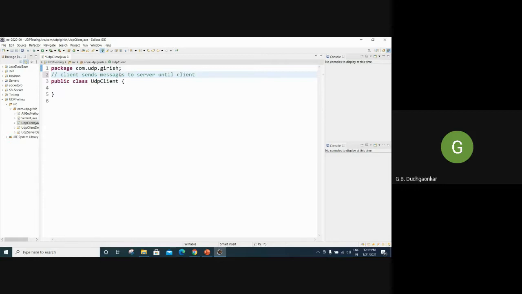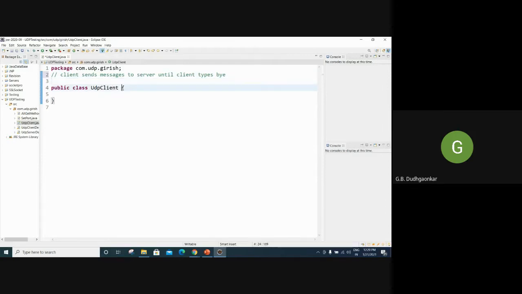the client types bye. Okay. That means now again there is a communication between server and client, and it goes on sending the messages. In the last program, I told you just one message. This is UDP client that will be flashed at the server side. But here now again, we can send multiple messages from client to server, and server will also reflect the messages. Okay. So therefore, we can start with this code.